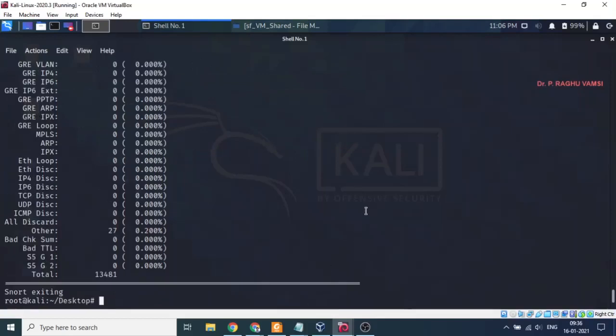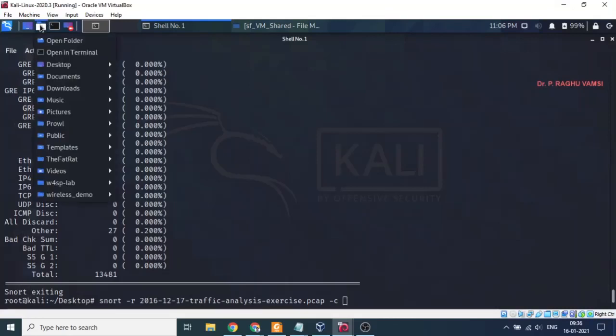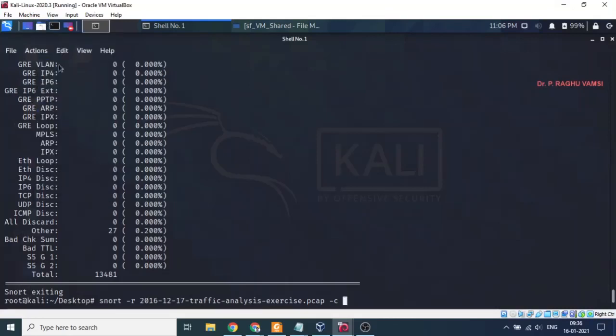So I want to go for somewhat deeper analysis. You may use this same command with the configuration script included. Whenever you include the configuration script, if any attack is there, the default attacks will be listed in the log.